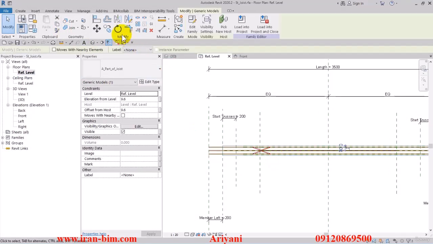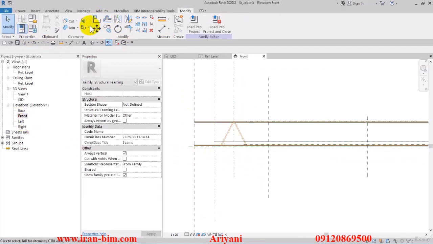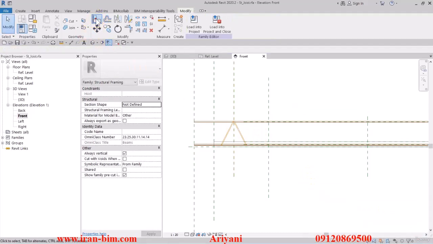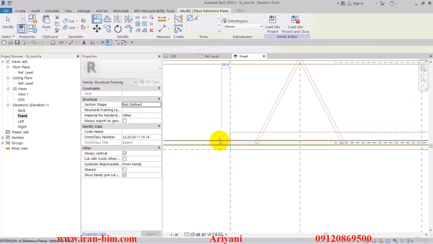Now I'll select a line from up here, and then I'll lock this part with this one here. Alright, then let's go to the front view, and then I'll lock this part with here. Then let's see what this says. So the left and right part okay, and then for the piece down here, I'll just create a reference line,